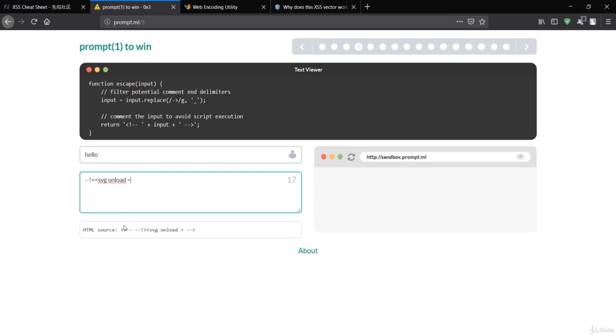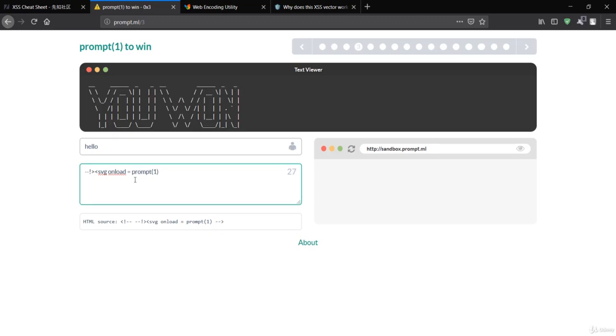So if the HTML source is showing plain text, you need to just pass the SVG vector. And on the onload, I can simply prompt, or you can also pass the alert message and say you win, you won. This can be the message over here.